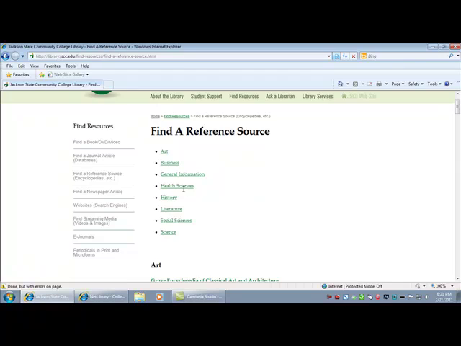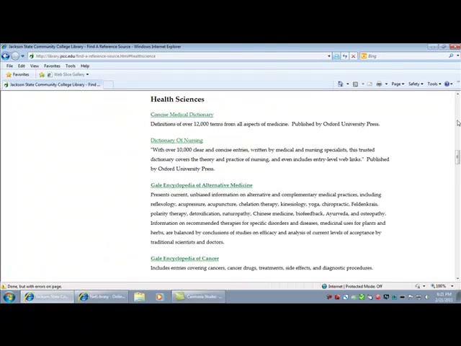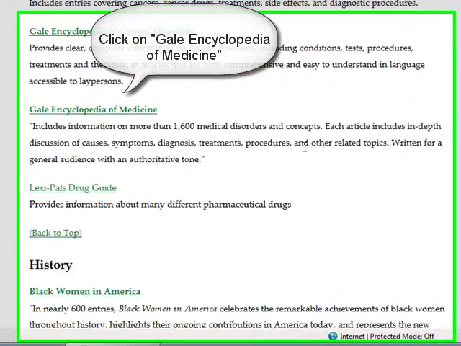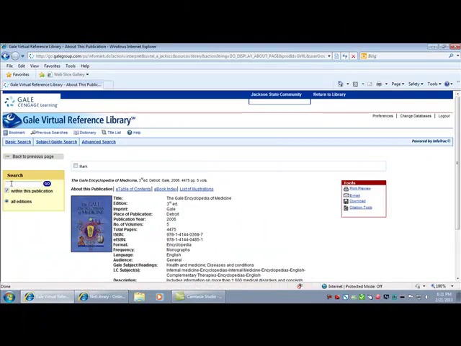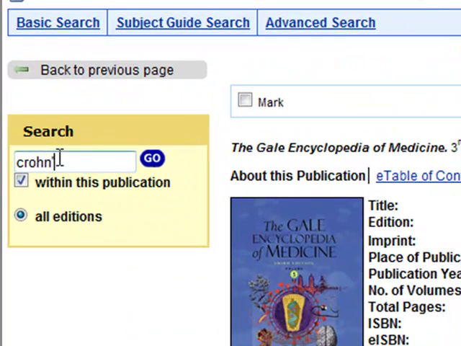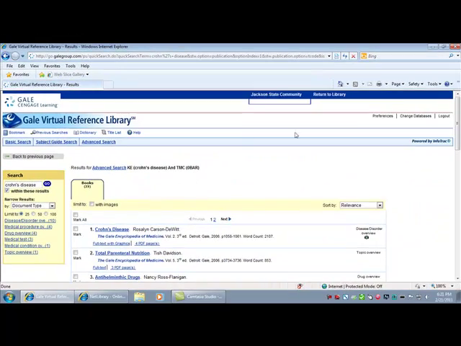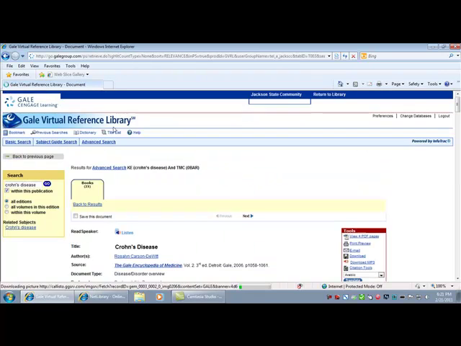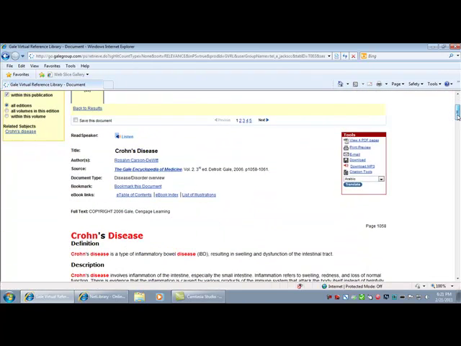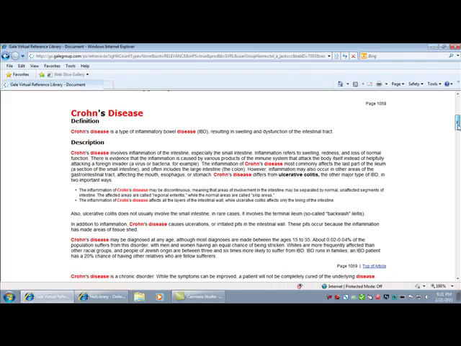I'm going to click on Health Sciences here and choose the Gale Encyclopedia of Medicine. This source is valuable in giving you background information. I'm going to choose the topic of Crohn's disease. If you'll notice, it brings up a list of topics. You'll click on Crohn's disease and you'll see a description of the disease,